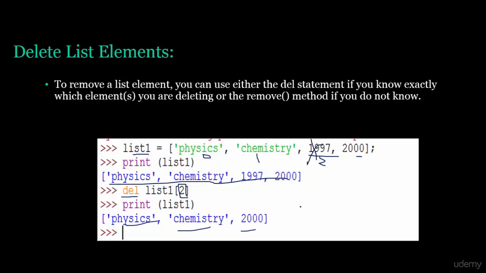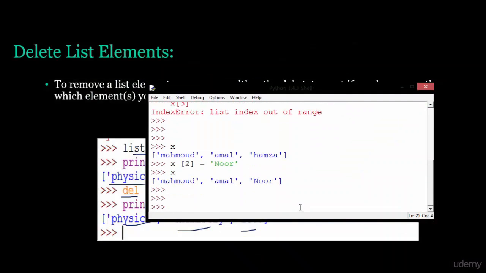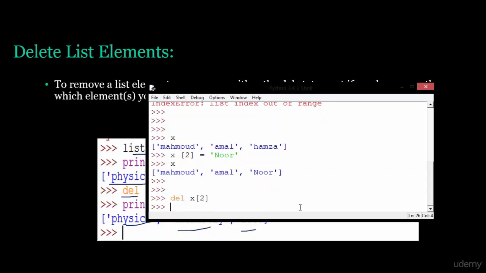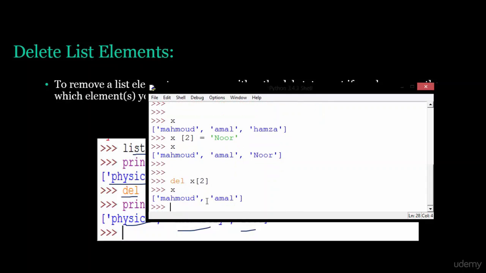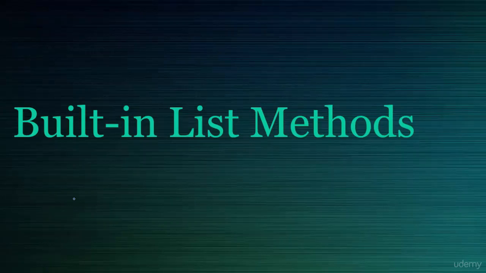Okay, let's try this on our Python shell. Here, if I type del x of 2, and print x again, we will see Mahmoud, Amal only. In the next video, we'll start talking about